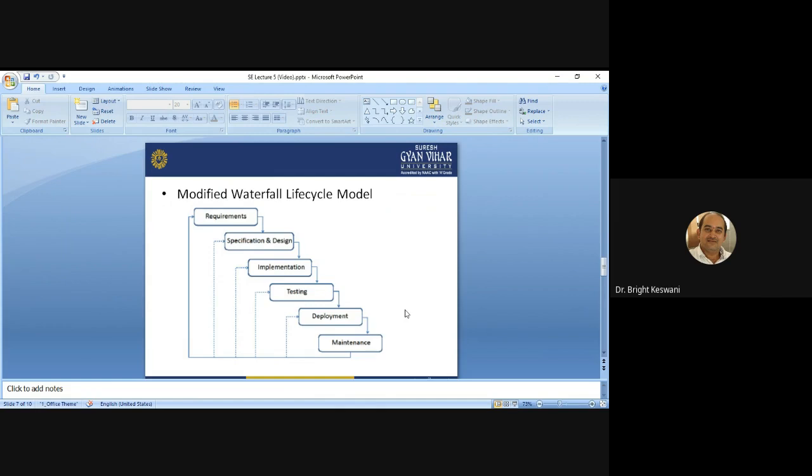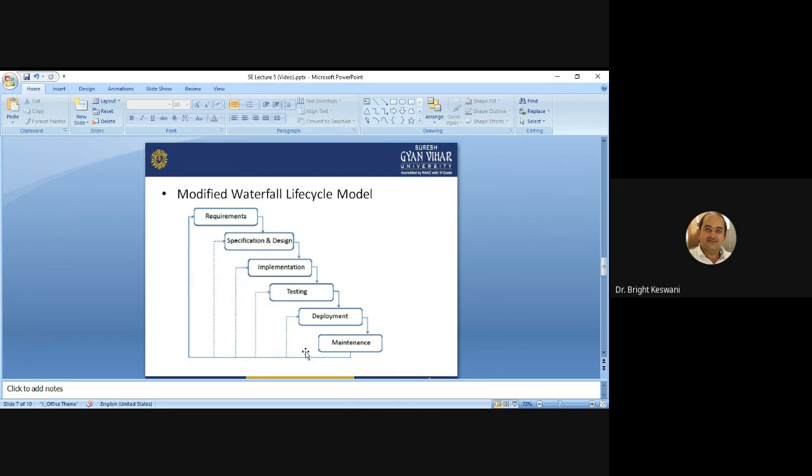The feedback provides you a view, an idea for enhancement in the model. And this modified waterfall life cycle model represents an experience-based refinement of the original waterfall life cycle model. This model was introduced to overcome the limitations of the original model, which I illustrated in the previous slide. Okay, and the model needed to provide for overlap and feedback between phases. You can see the feedback in dotted line, you can easily see it in this presented illustration.